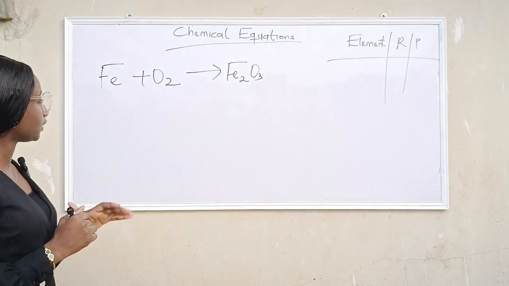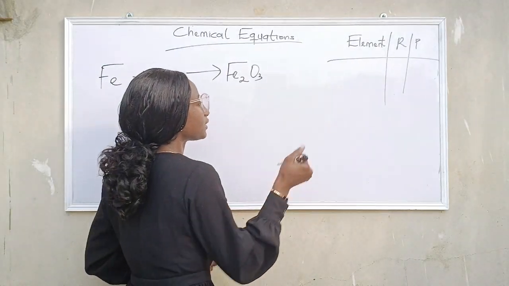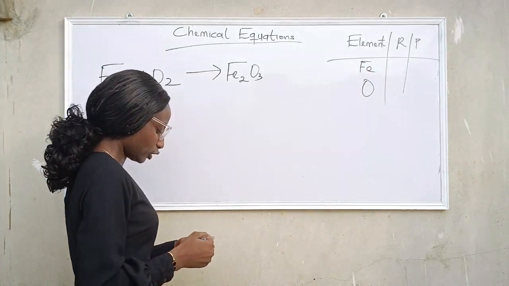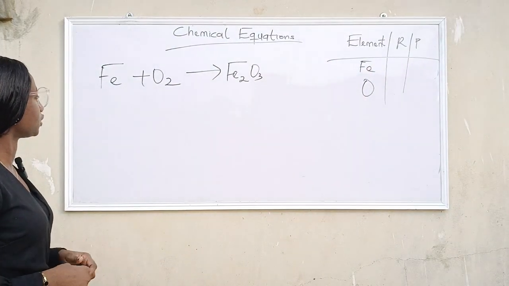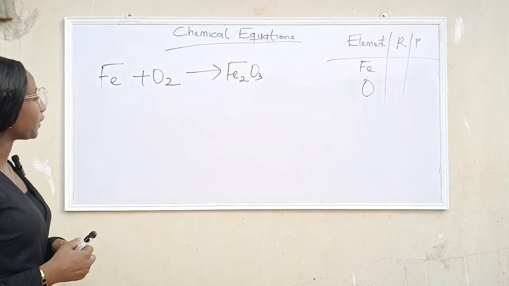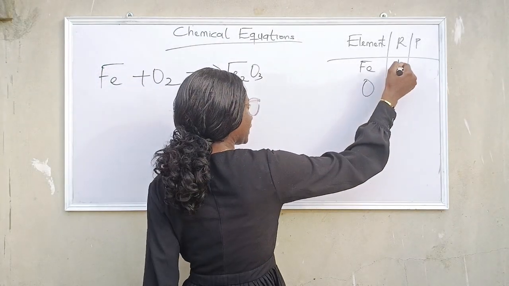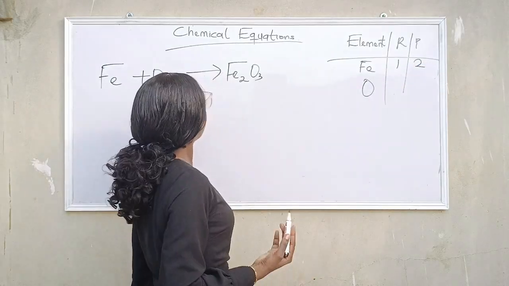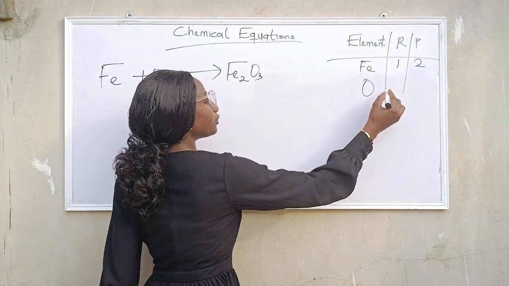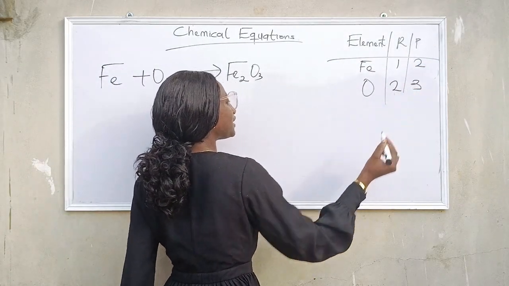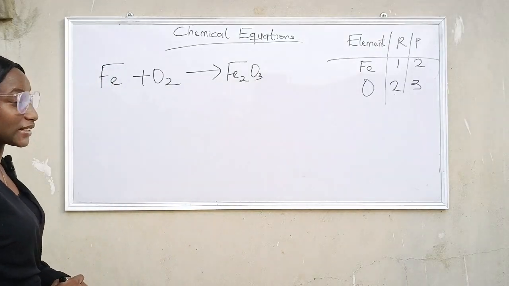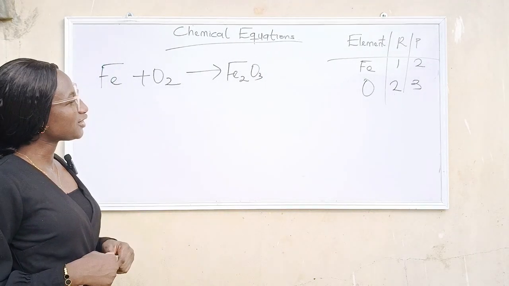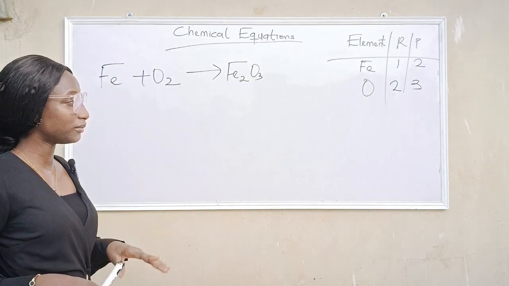For iron, so we have to write the elements. So we have two elements in this question, and that is iron and oxygen. So iron, we have one at the reactant side, while on the product side we have two. For the oxygen, we have two on the reactant side, while on the product side we have three. Interesting. So which one are we to do first? Okay, so we are going to start with the oxygen. Well, because